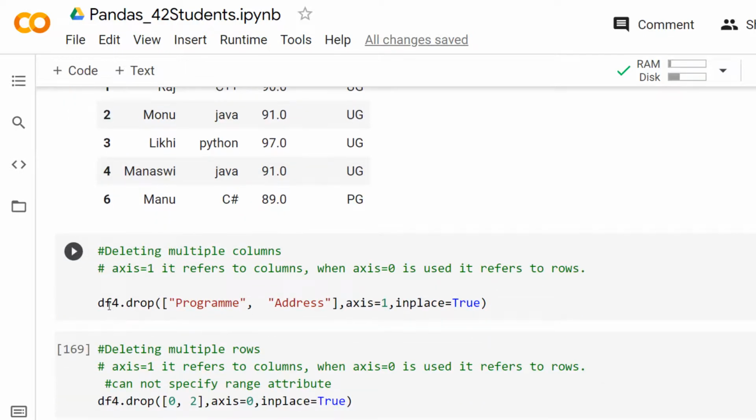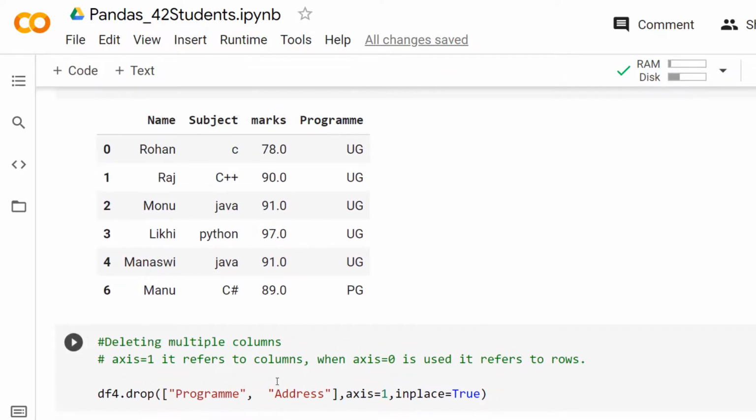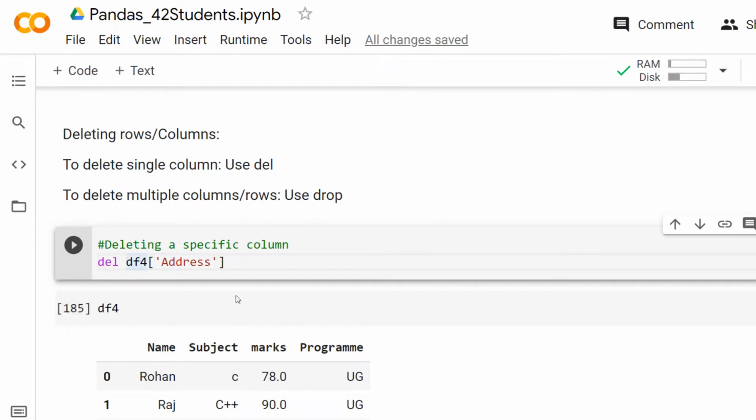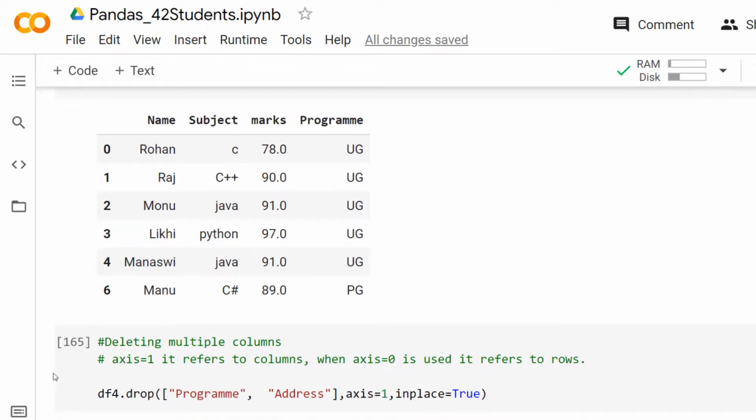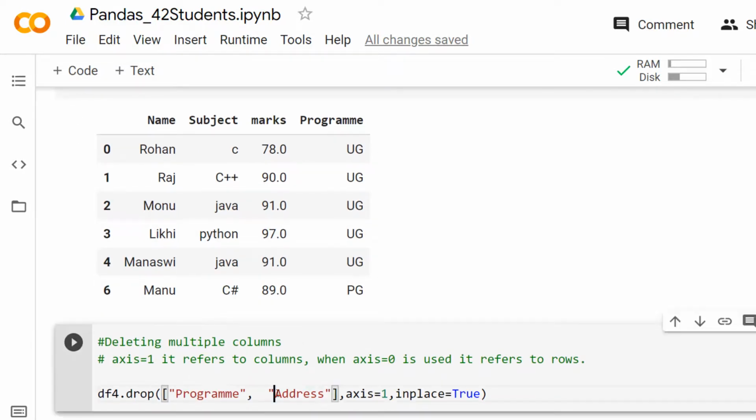Now let's see how we can use the drop method to delete multiple columns. Using the del operator, we can delete only one specific column at a time. But using the drop method, we can remove multiple columns at a time from the data frame. All you need to do is provide the columns that are to be deleted as a list. You just list out all the names of the columns as a list, and the second argument must be either a 1 or 0. The axis attribute can take either value 0 or 1, where 0 indicates you are deleting the rows, and a value of 1 indicates you are removing the columns.